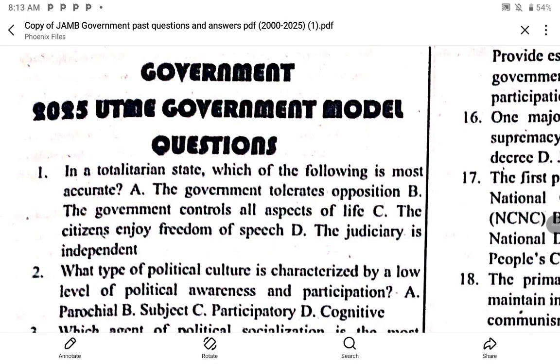Okay, guys, so welcome back to today's government video class. In today's government video class, we shall be diving into the 2025 government JAMB past questions and answers. We are going to be reading the JAMB government past questions and answers for the year